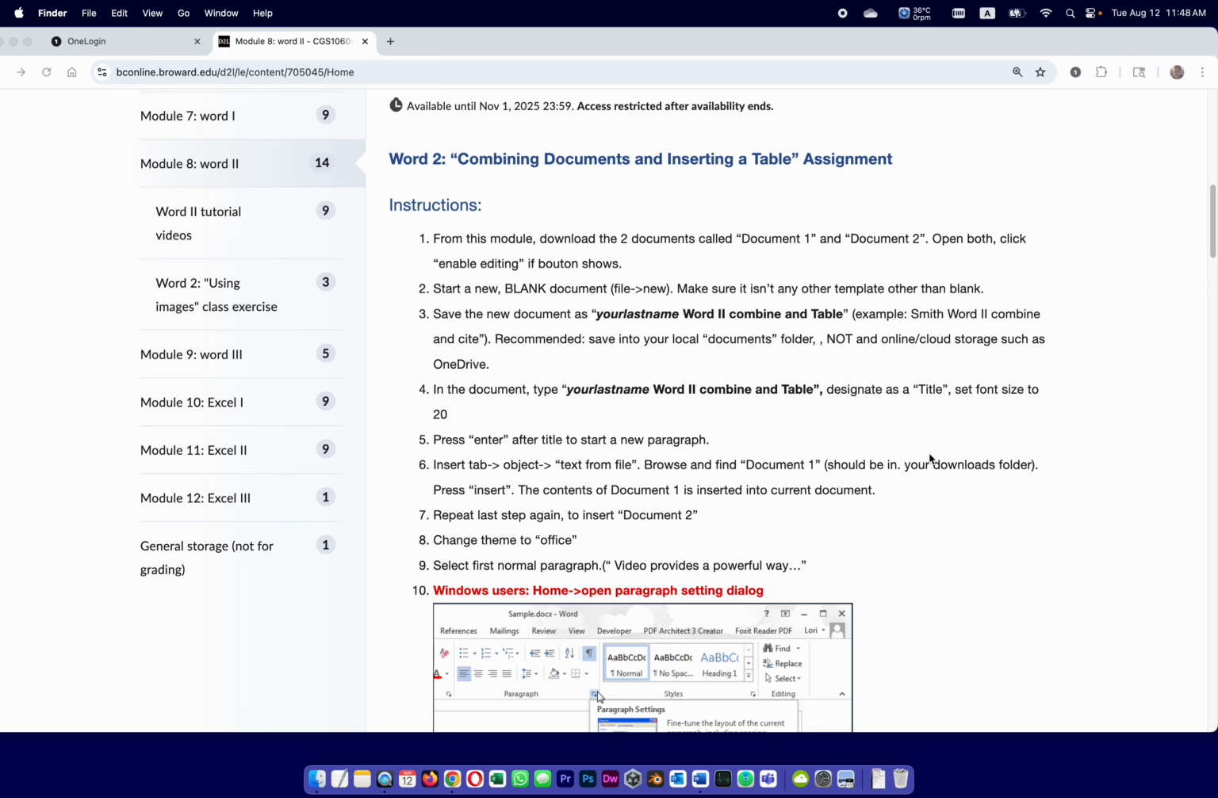Hello and welcome to this tutorial, which will help you complete the assignment called Word2, combining documents and inserting a table. And that's exactly what the assignment is about. The two main topics are how to combine documents into one and also working with tables along with all kinds